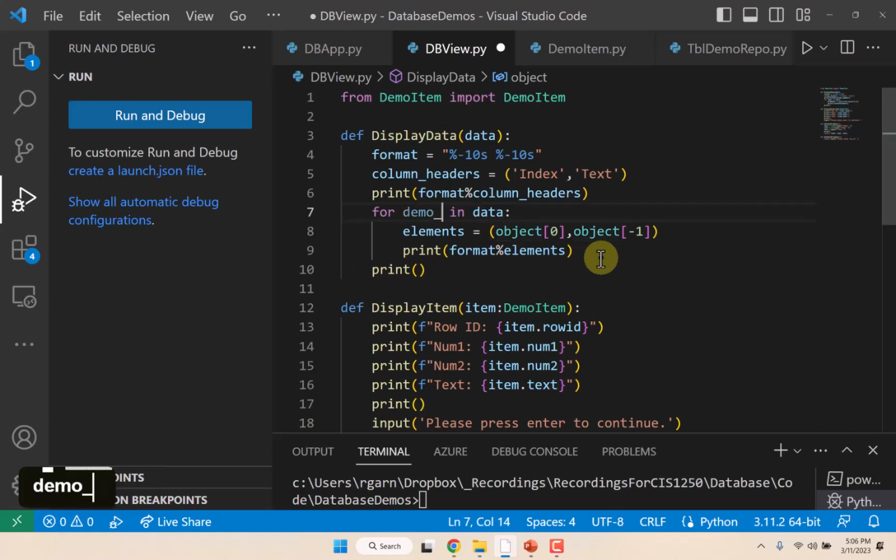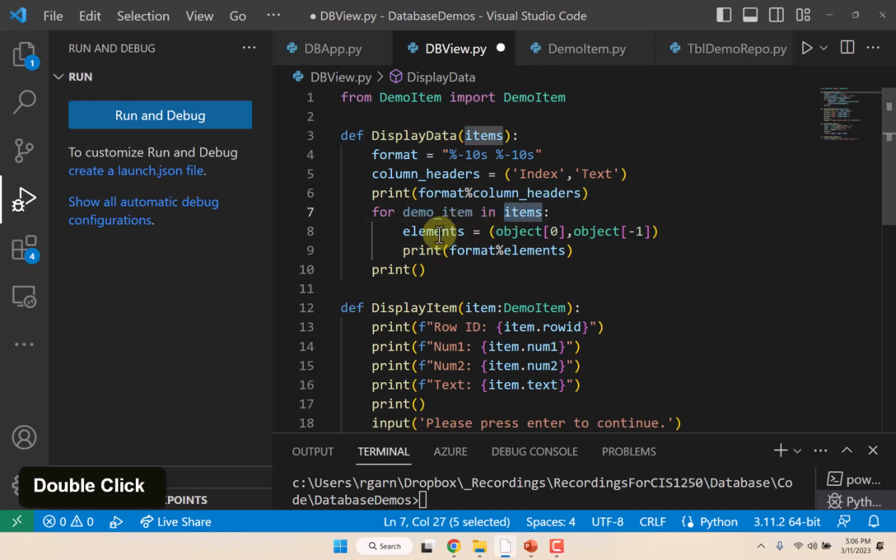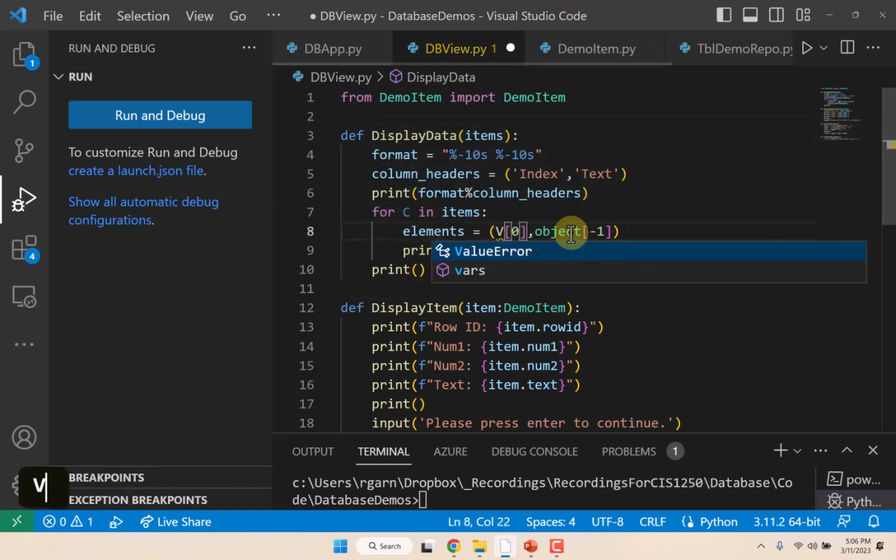It's really demo item in data. And then I'm going to rename this actually with F2 as items because it makes more sense because these are demo items. And I don't need this anymore. Well, or at least this changes to